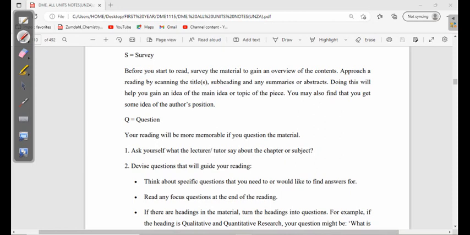So Q is questions. Your reading will be more memorable if you question the material. Ask yourself what the lecturer or tutor said about the chapter or subject, and then devise questions that will guide your reading. So think about specific questions that you need to or would like to find